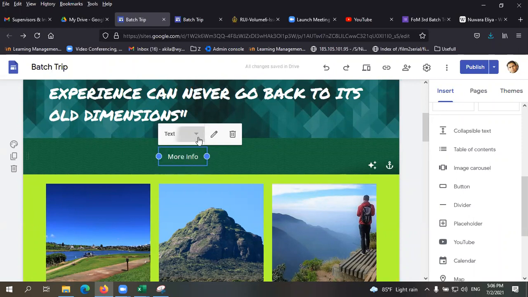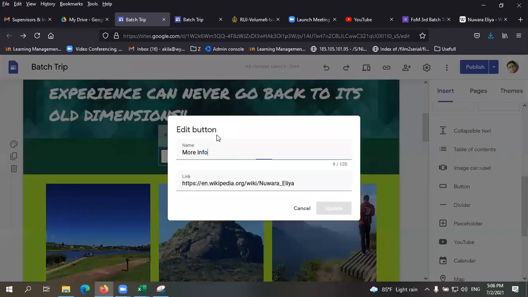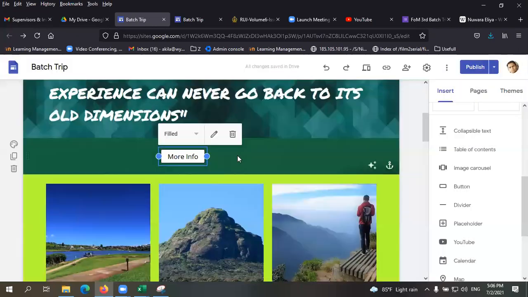You can make it a text, you can make it with outline, you can make it with a fill. Again, you can edit the link, right? Okay, so those are the only changes that you can make with the button.